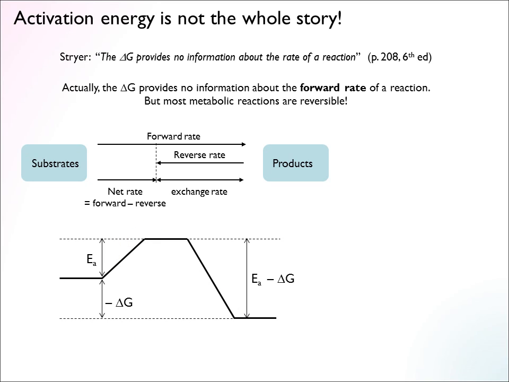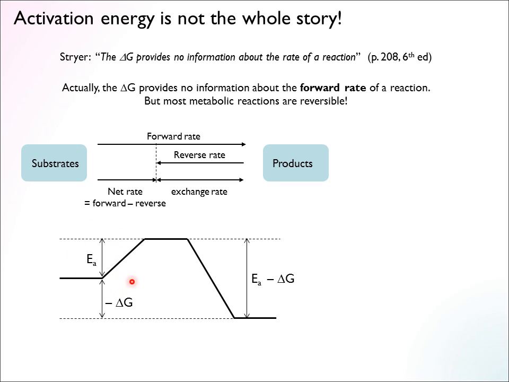So what happens now? Well, the forward rate depends only on this, but the reverse rate depends on this. And here we have the delta G again. So you can easily see from this figure, if you have a highly favorable reaction with a large delta G, the reverse rate is going to be very slow. And that means that the net rate, which of course is the difference between the two, will actually be affected by the delta G. So more favorable reactions in general will have a larger net rate at the same activation